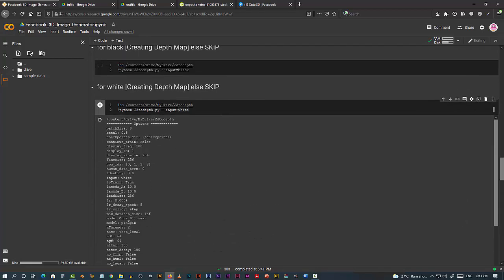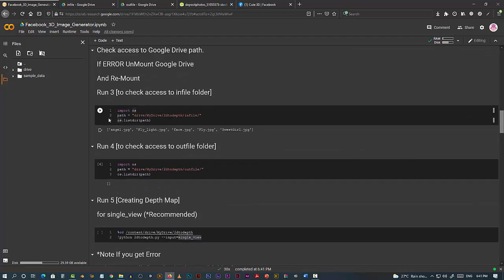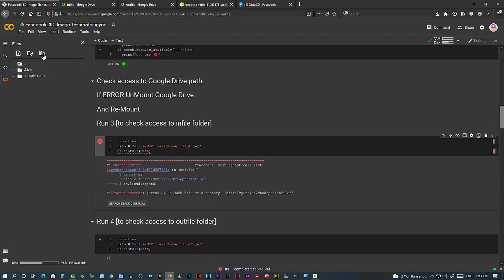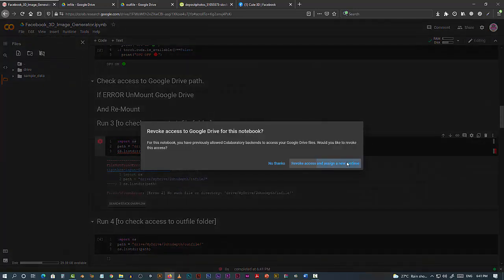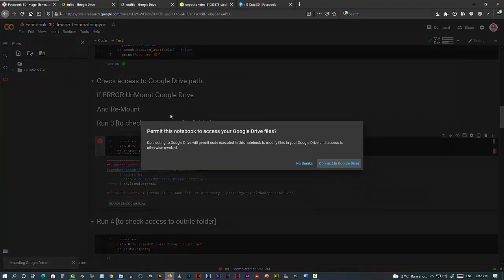Now I'll check again whether we can access the folder or not. So I'm going to run this and check, can we access or not. See, we cannot access. After the code is running, we cannot access the folder. So what we are going to do, we are going to unmount. Yeah, and then remount again.